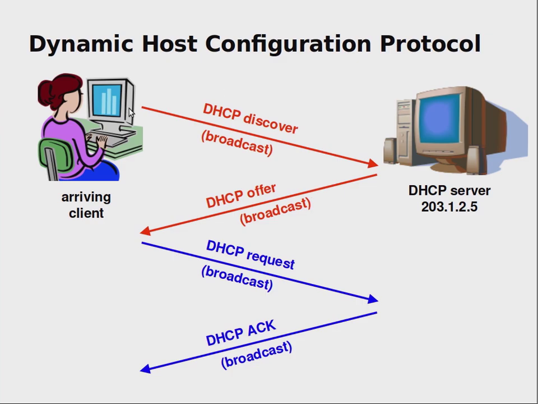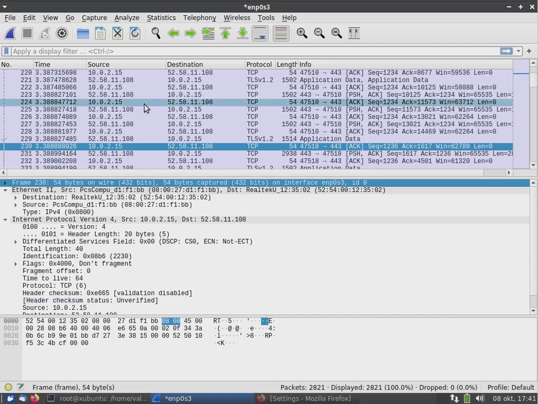But in DHCP, the device sends an Ethernet frame with DHCP discover, which is broadcast. Then some of these DHCP servers, there may be more than one, send an offer back, and then the device sends a request to this particular DHCP server and gets some data back about IP configuration. So it is easier to see than tell.